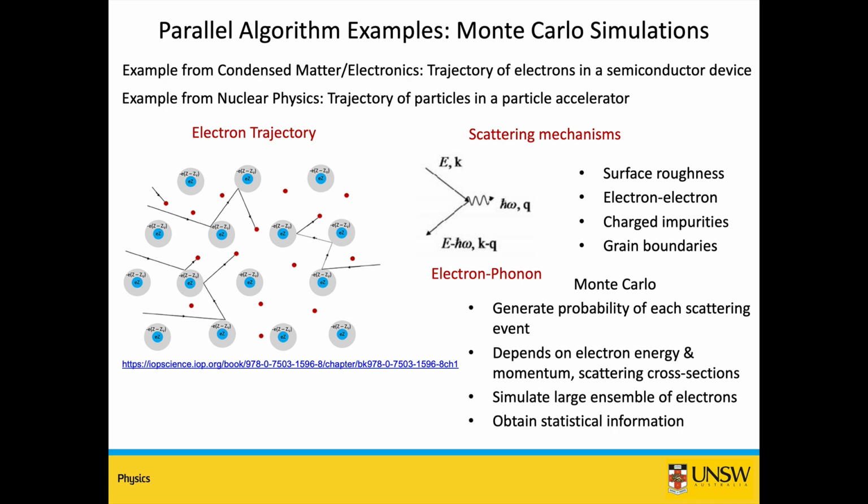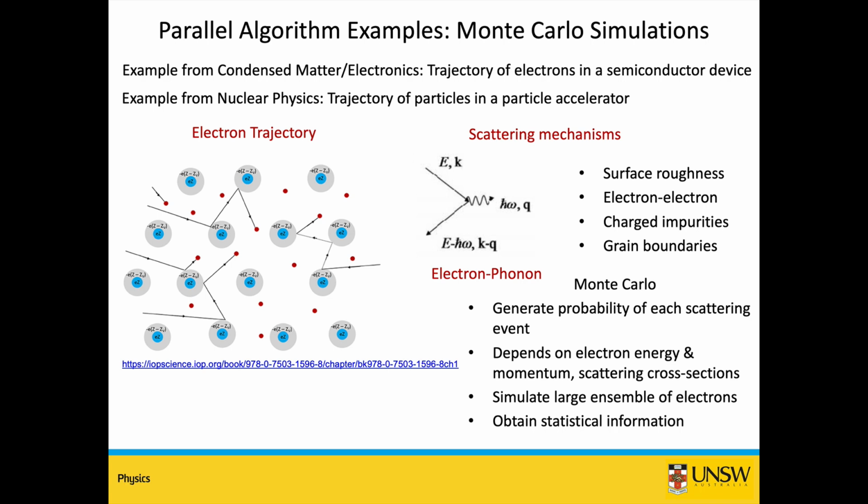propagate the electron, that is, simulate their path for the next instant of time until they are affected by another scattering event. In this way, when we have covered a lot of time steps and we have simulated a lot of electrons, we can take their average and obtain average velocities and currents out of the calculation, which are important to know.